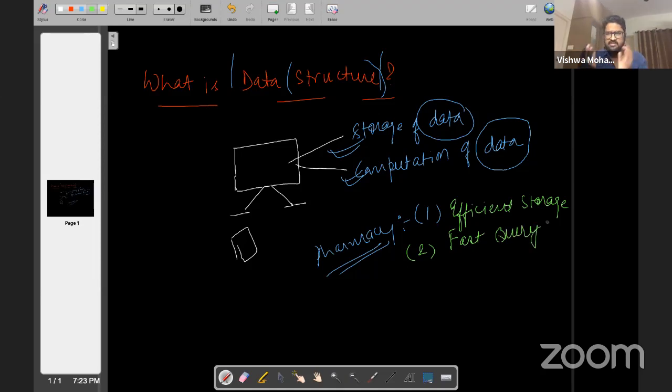If we structure the data well, we know how it is stored, so whenever we have to retrieve it, we can do it fast. As in the example I've already given you of the pharmacy shop, since the medicines are arranged in the proper order, it's very easy to retrieve them. The same thing applies in the data world as well. If we arrange the data properly, we can retrieve it fast.